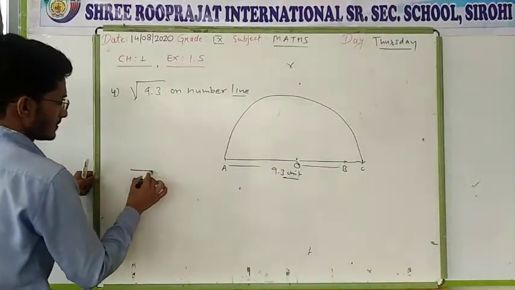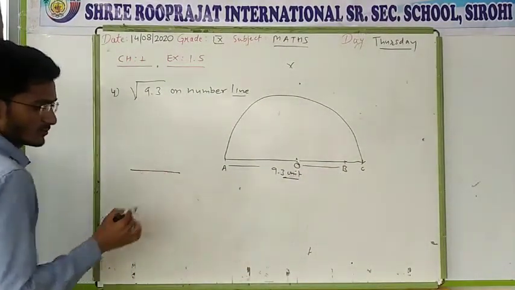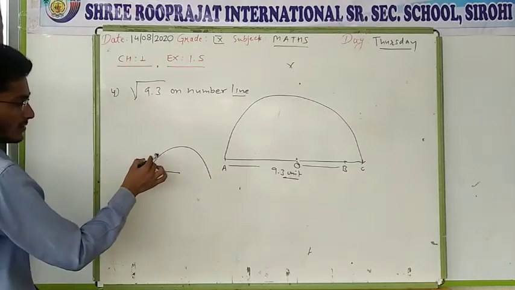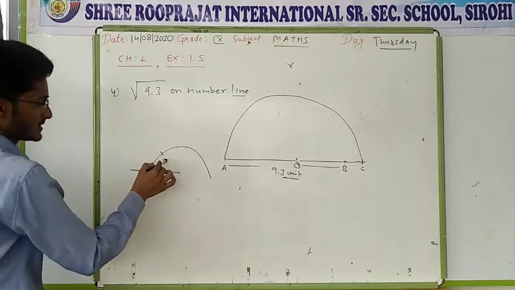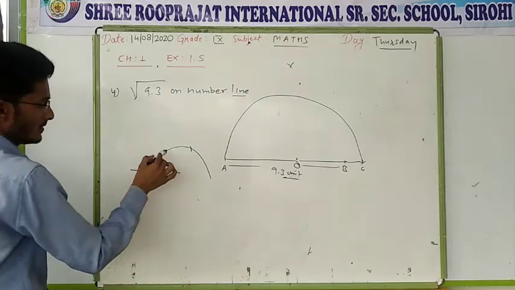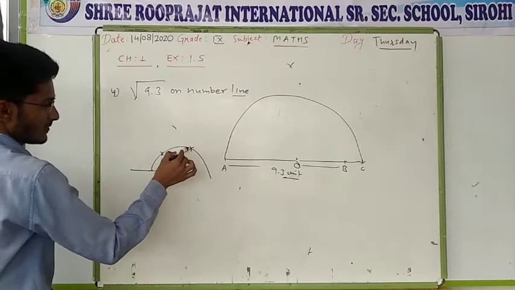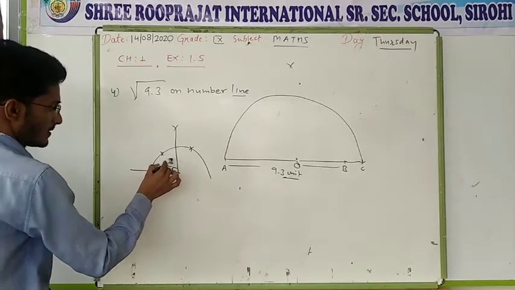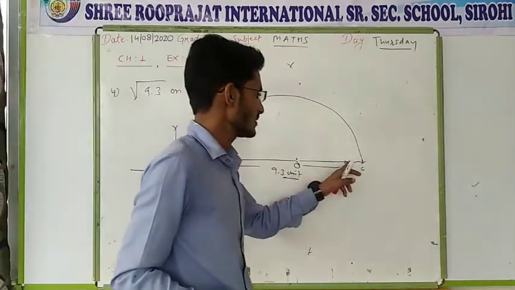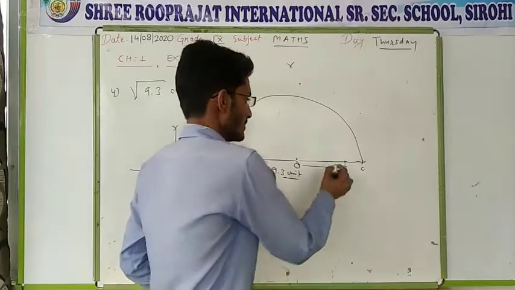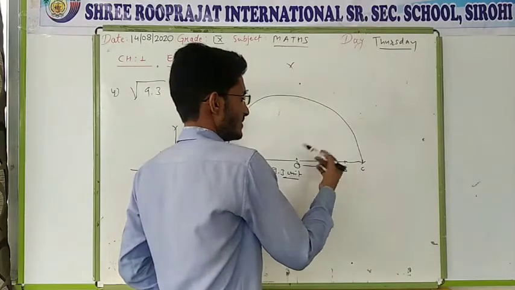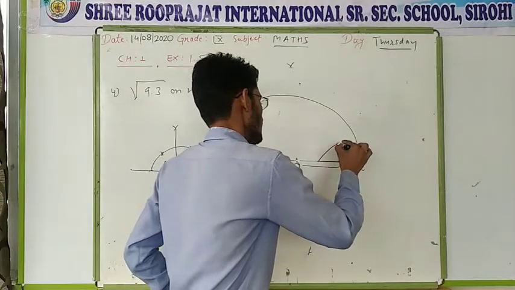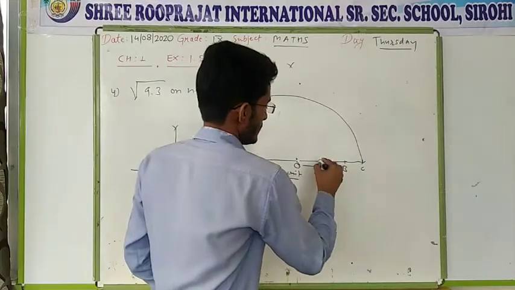Let's see. There is a point, suppose at that point you have to draw the 90 degrees. First of all you draw the semicircle. From here you will draw one arc. It is 60. From here you will draw one more arc. You will get 120. Then from 60 and from 120, if you join that from the starting point, you will get 90 degrees. Same as it is, you have to draw on the point B. So put a point on B and draw an arc. And now it's your choice how much length you take, or even you can use your compass.